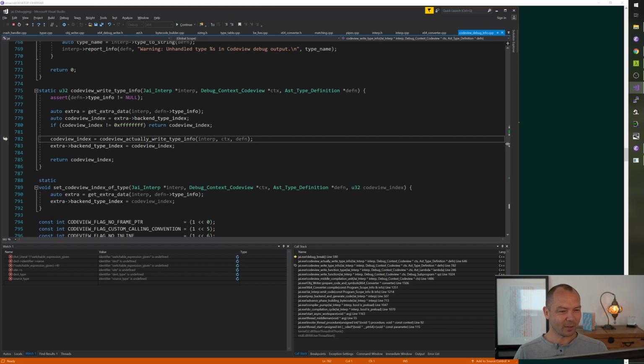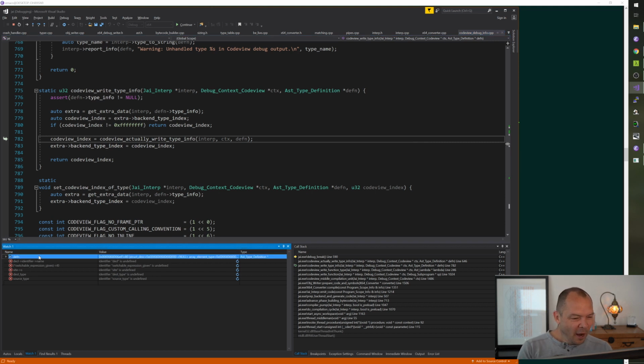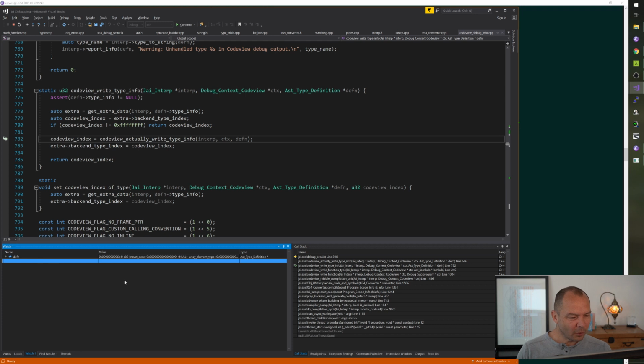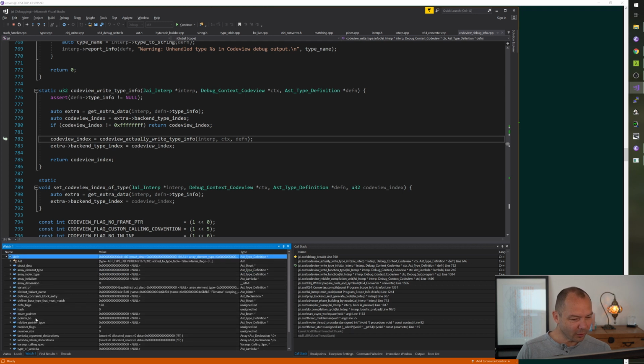All right. So we're trying to write a type info. I don't know why it would have the string flag set. Oh, we're doing a variant of a string.